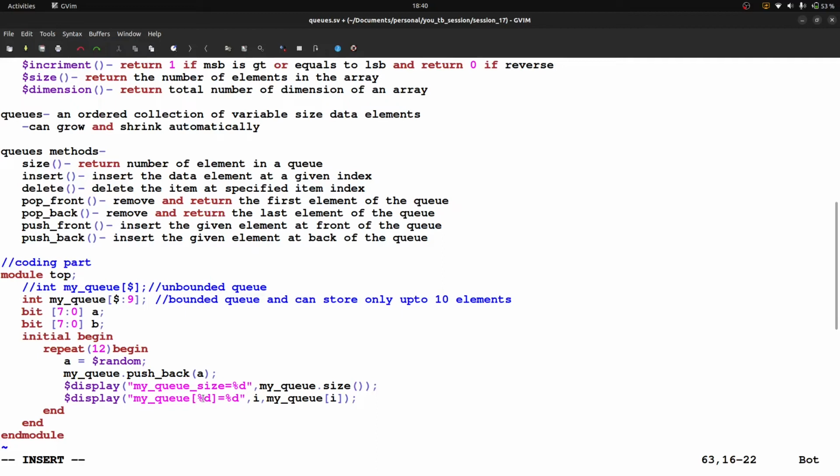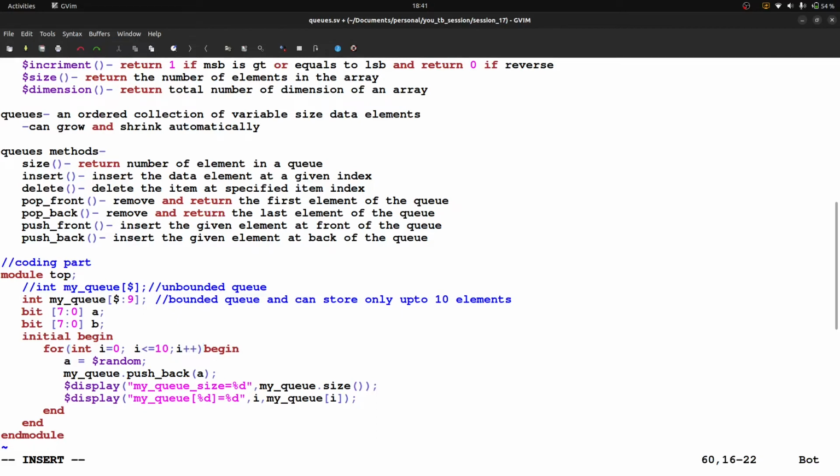So this %d will take its value from i. It means it will show the index values. But in this case, because we are using a repeat loop, it will not work with i. Let's say I want to make it work with i, so I can use a for loop here. I can write for int i is equal to 0, because what is the size of that? 10. Okay, so i should be less than or equal to 10 only, and i plus plus.